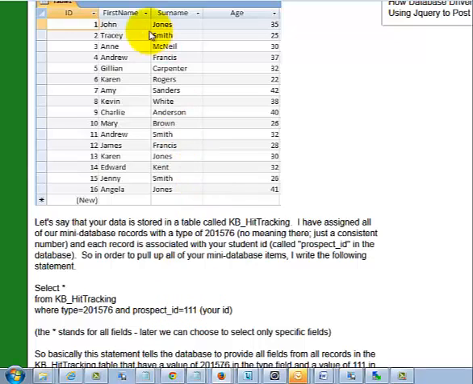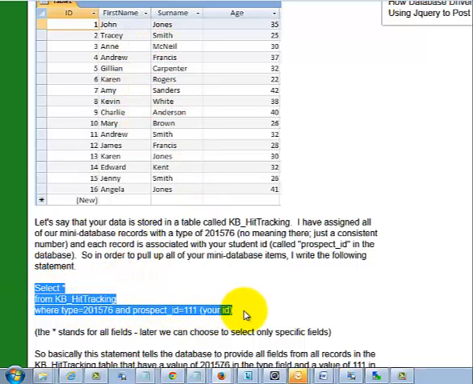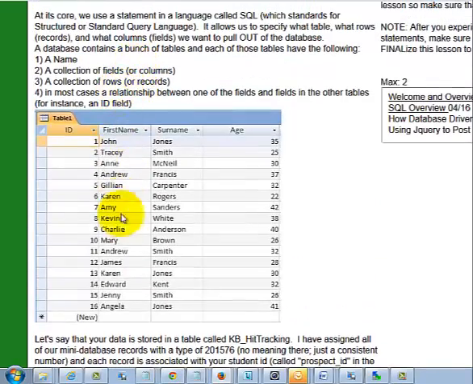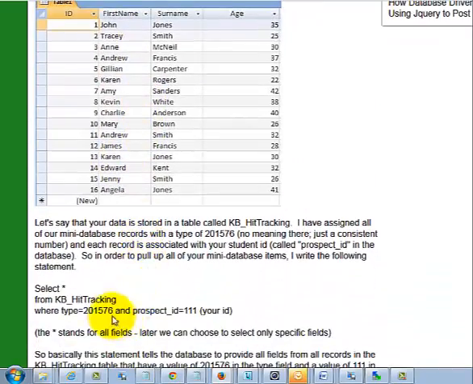So I'm going to show you how this works, but this is what a SQL select statement looks like. This statement goes in there and says, go to the KB underscore hit tracking table, give me all the fields from all the records that have, in the type column, a value